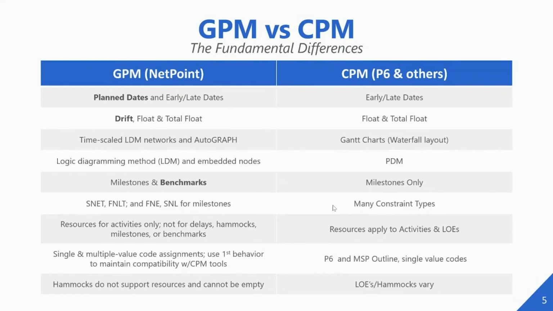Another important distinction between NetPoint and P6 is that NetPoint uses time-scaled GPM networks, whereas CPM uses Gantt charts, or P6 uses Gantt charts. So P6, with its use of Gantt charts, basically allows one activity per grid, whereas NetPoint can allow multiple activities to reside on a single horizontal grid. What that allows is you can place similar work together so that you can better display your workflow on the